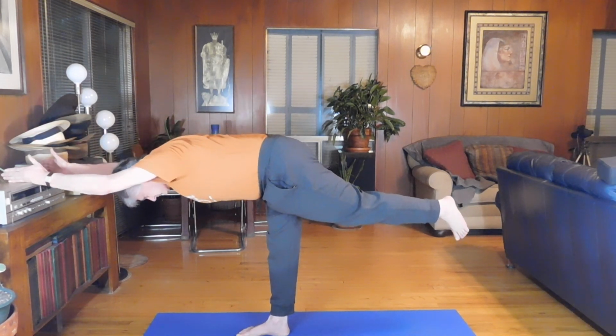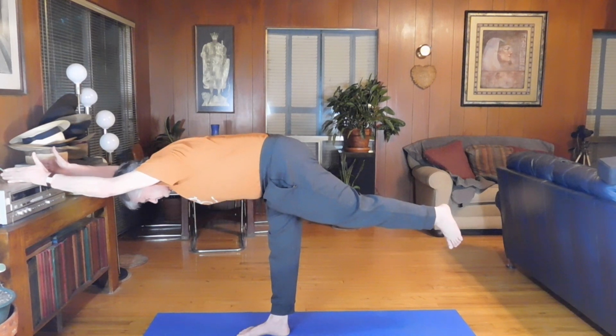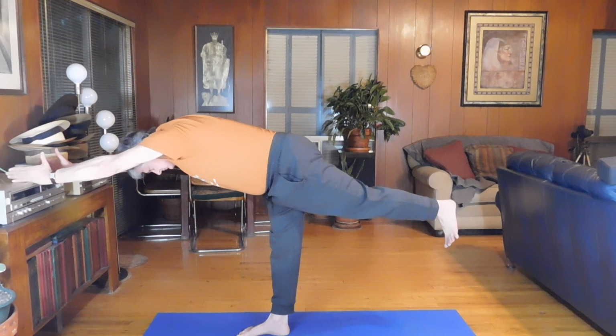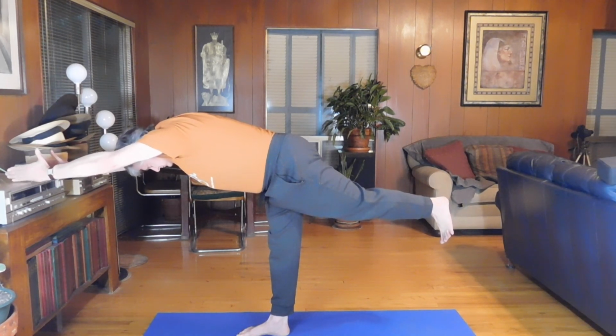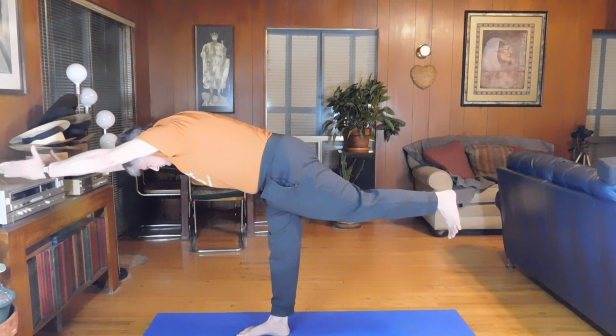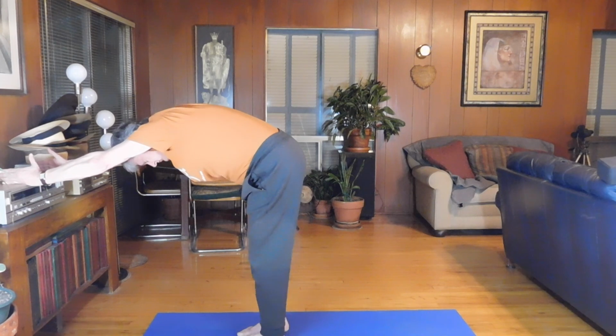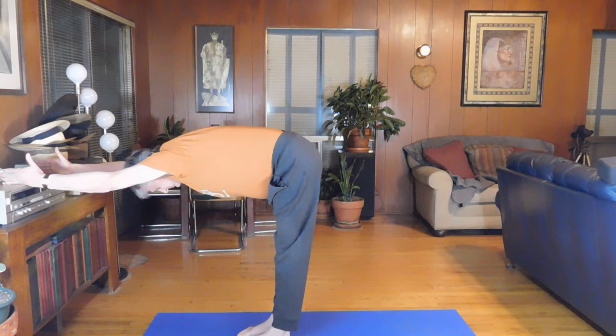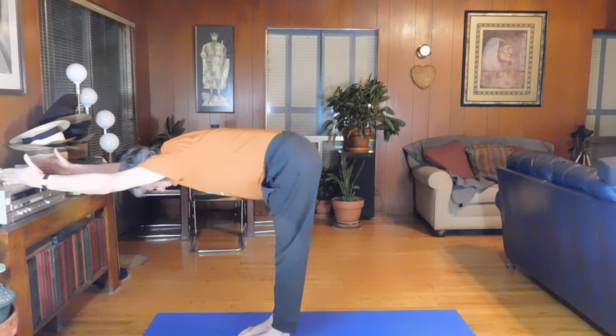If you get tired, allow your arms to carry more of your weight and lower the back leg. And if you have a little bit more energy, continue lifting the back leg a little higher, sinking the chest and taking some of the weight off of the hands. When you're ready, come back to your original position, both feet on the ground, fully extended, hands resting on the